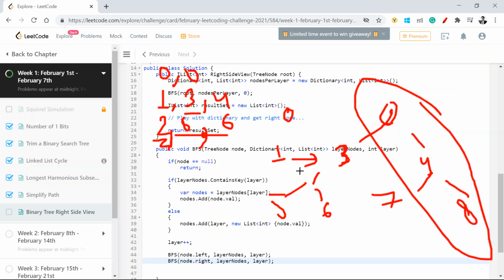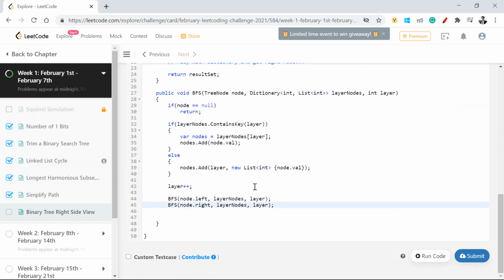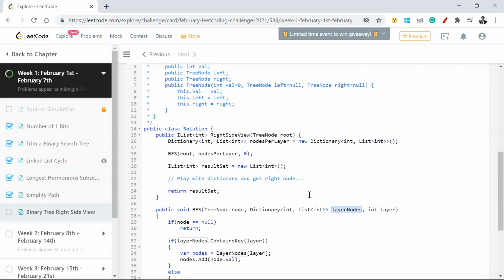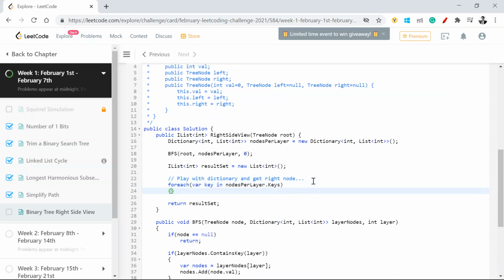This is how it is going to work out, because we are going to play with that particular layer nodes. Once I'm outside this, I have a dictionary which contains a list of values. So I need to iterate through that dictionary, with each key in nodes per layer.keys.